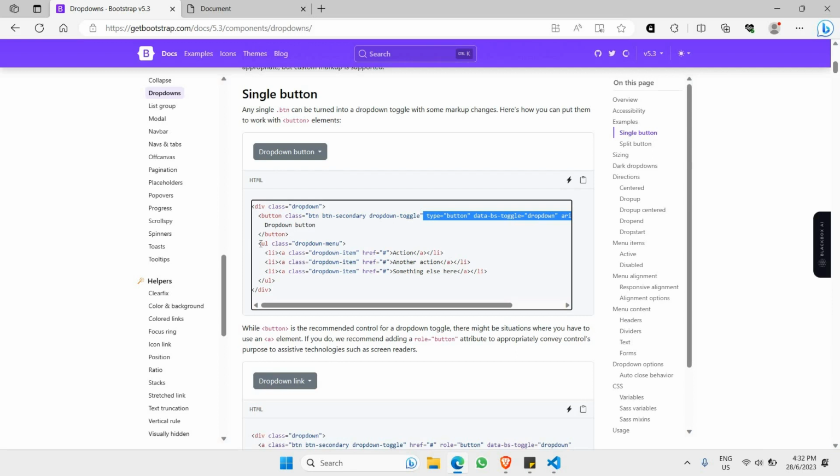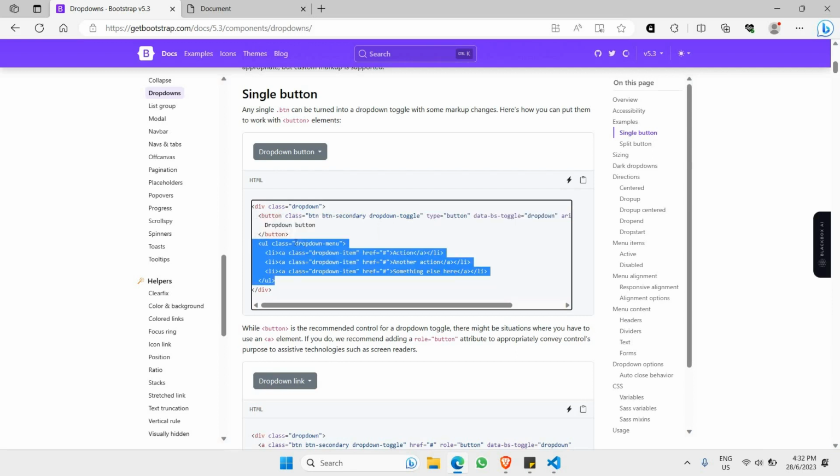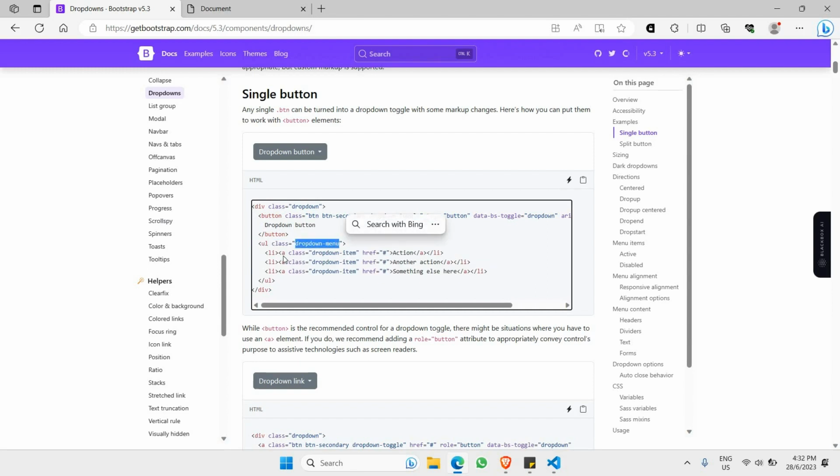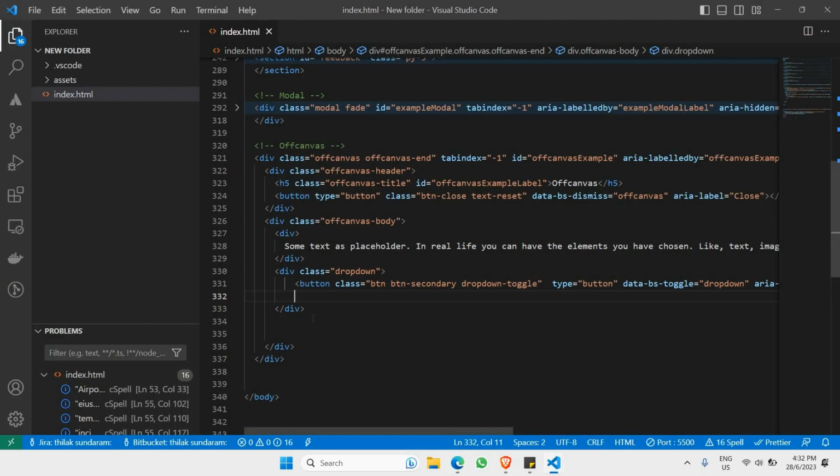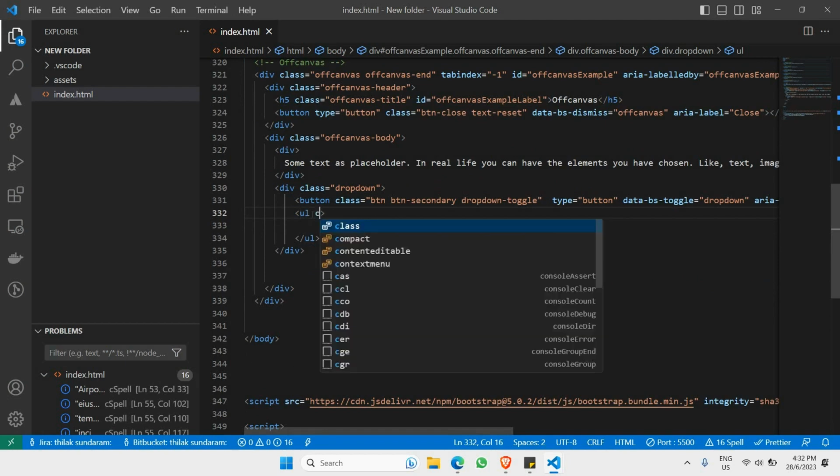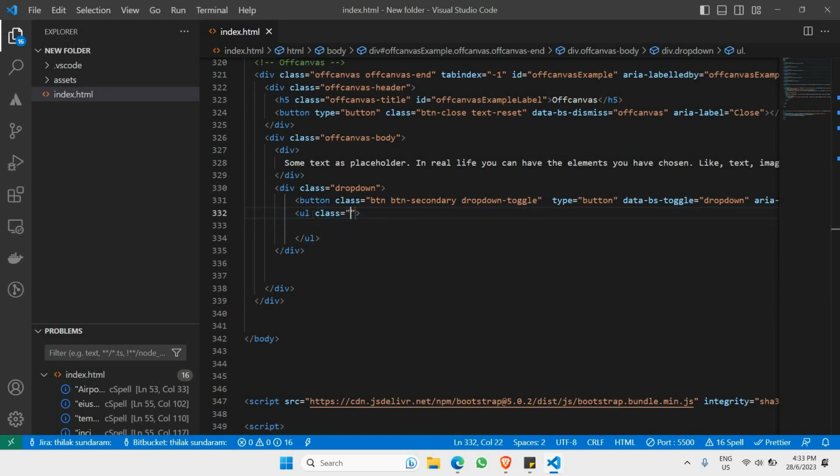First of all, as you can see right here, it has to be a ul li component, which has dropdown-menu, and inside here we happen to have a list of anchor tags which have dropdown-item with href. So this is exactly what I'm going to do. In our code right here, I'd like to add ul, and this particular ul will have a class name. This class name is dropdown-menu,